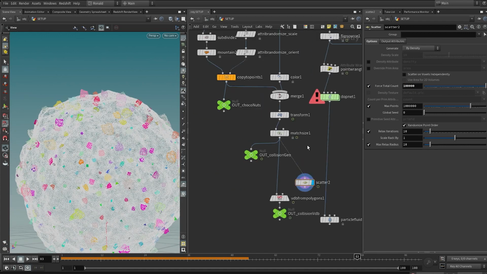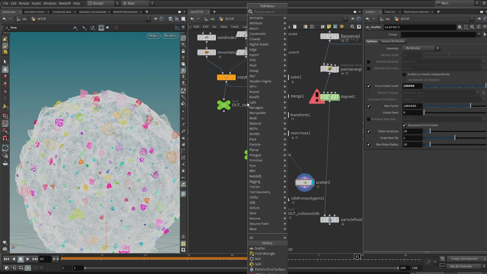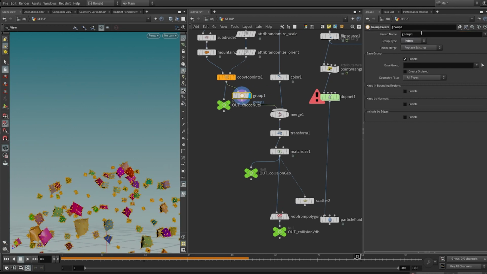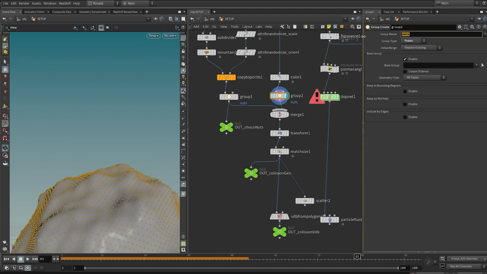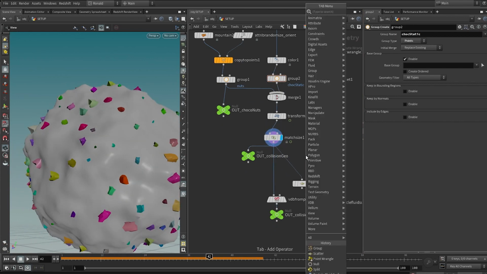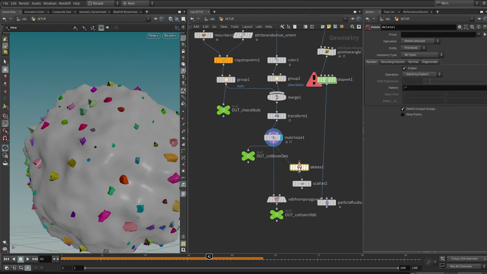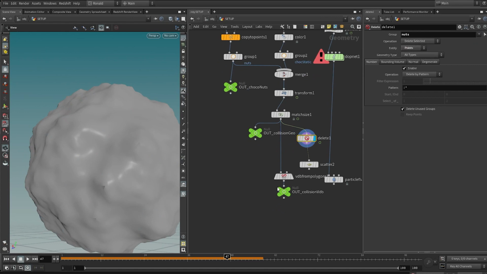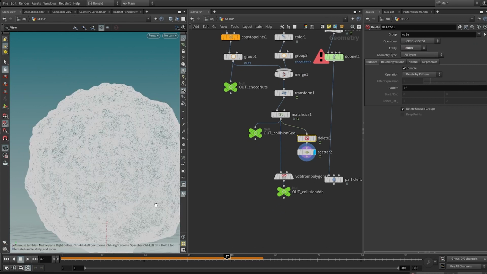geometry here. Okay, so I'm going to drop down a group node to group up all the nuts over here, nuts, and another group node here to call it the static choc static. So in this case, after the match size, I can drop down blast, delete, and then over here I'm going to choose delete the nuts, and what I'm going to be left with is choose the point group, the chocolate,